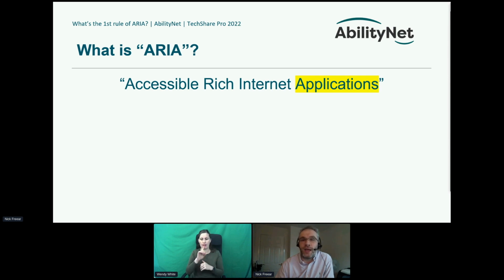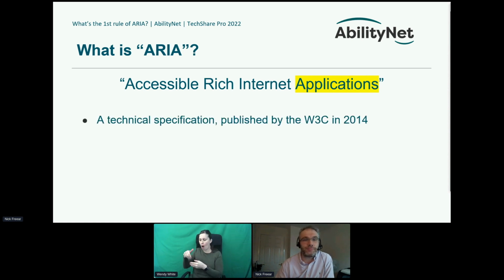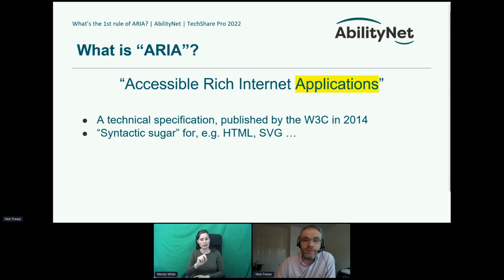accessibility. So ARIA was developed to meet that need, mostly for the more sophisticated application end of the web, as opposed to plain content-driven sites. So it's a technical specification. It was first published, like I say, by the World Wide Web Consortium in 2014. It can be described as syntactic sugar, sprinkled over the top of a markup language like